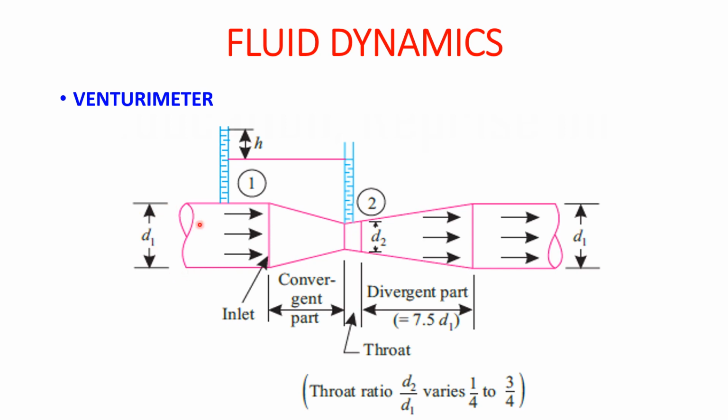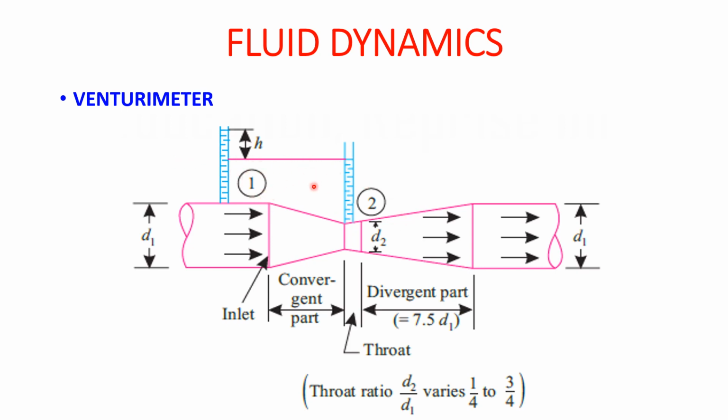First, the straight section shown here is nothing but a pipe, and here also it is a pipe. Therefore the diameter d1 is constant there. This is one section of pipe and this is another section of pipe, and in between these two sections we have employed the venturimeter, right? While constructing the venturimeter, we should always see that the convergent section has a smaller area while the divergent section has a larger area. Why this is so, we will explain.